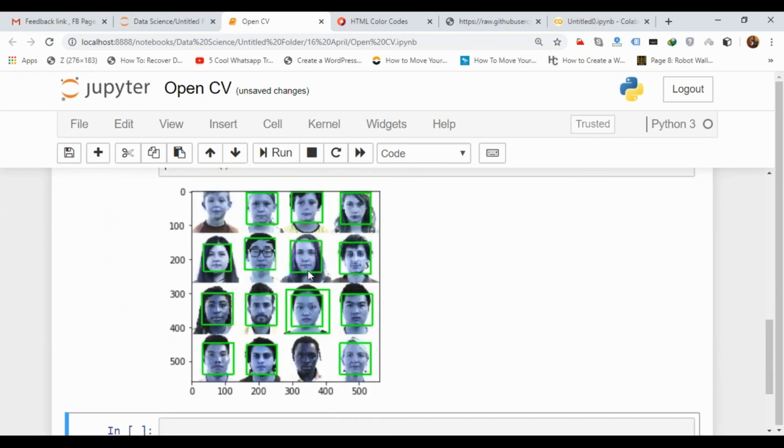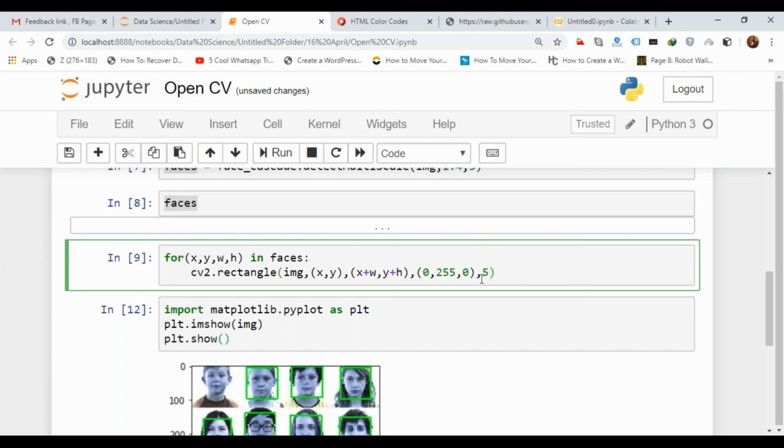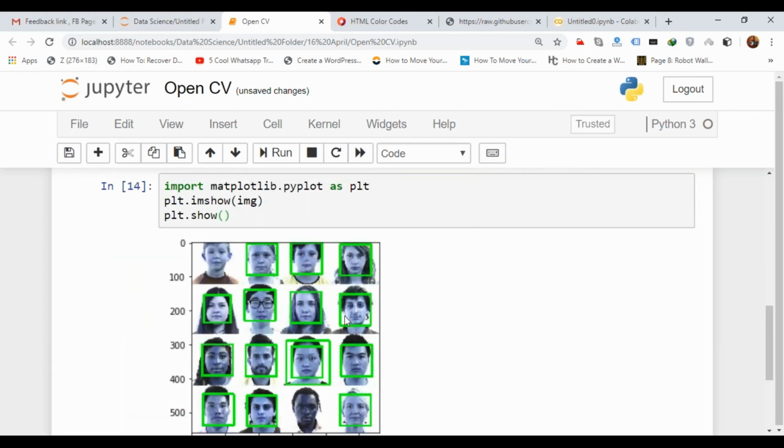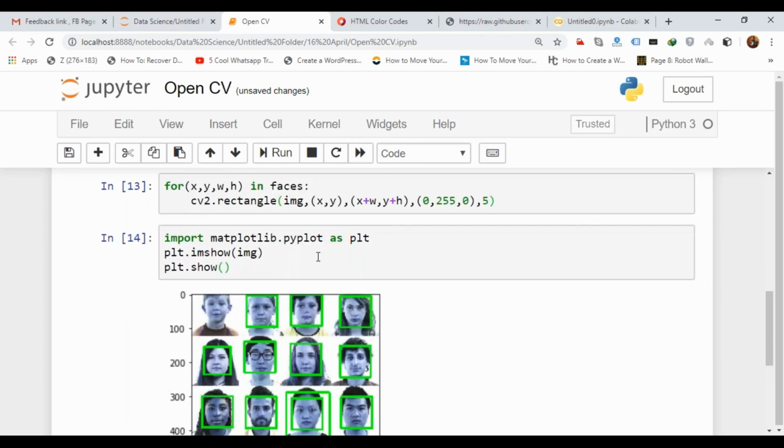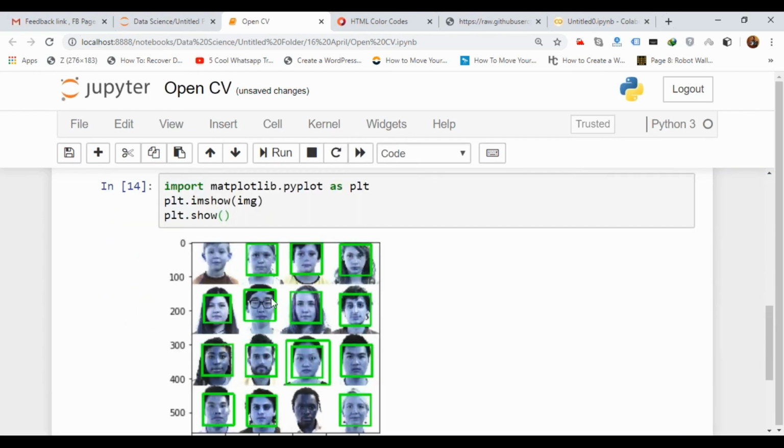Yeah, you can see this. 3 is a width value. If I increase this to 5, the width will be increasing. Can you see this? It has been changed.